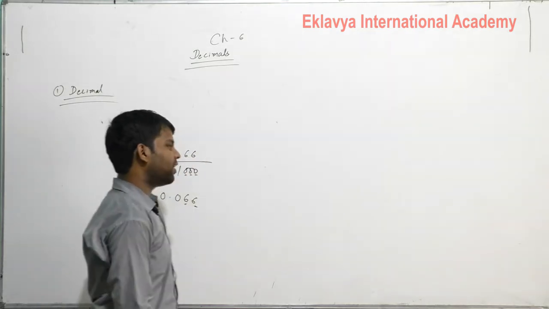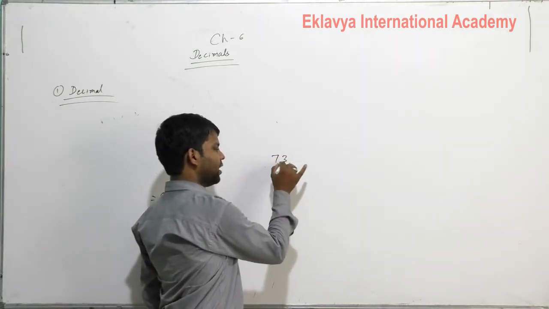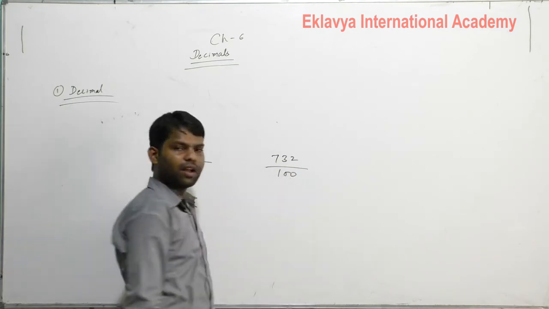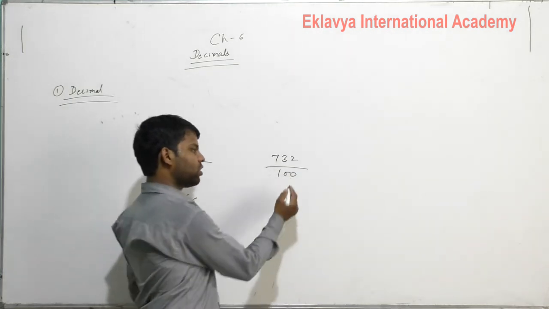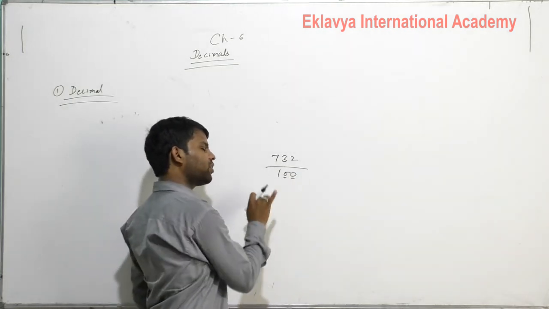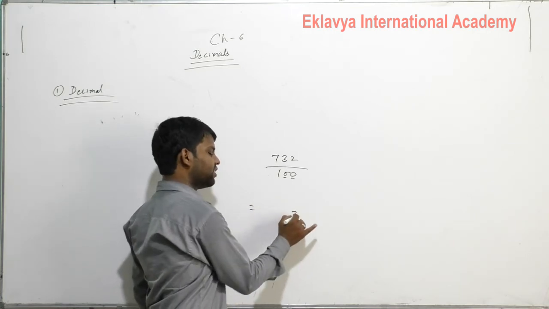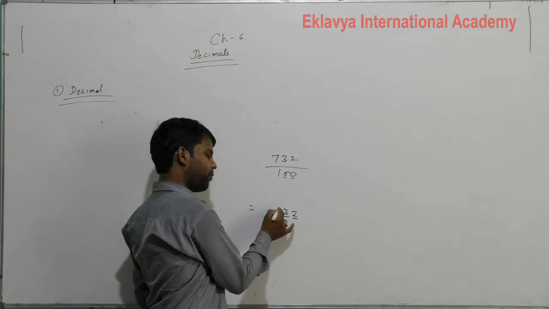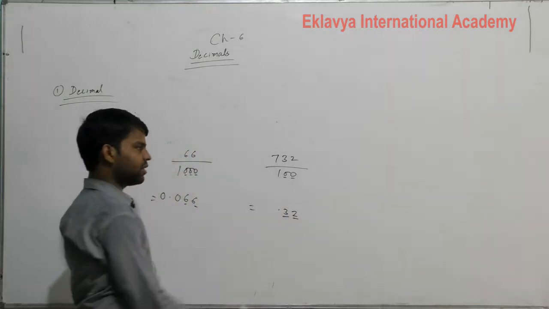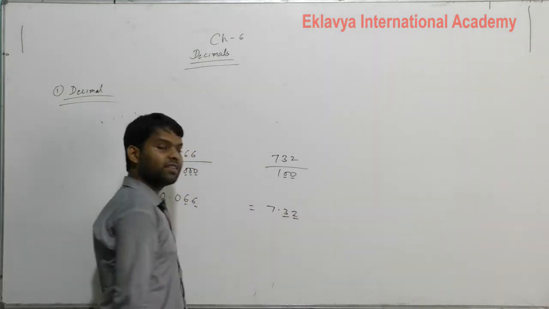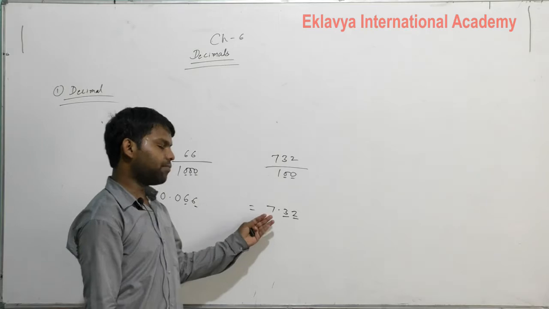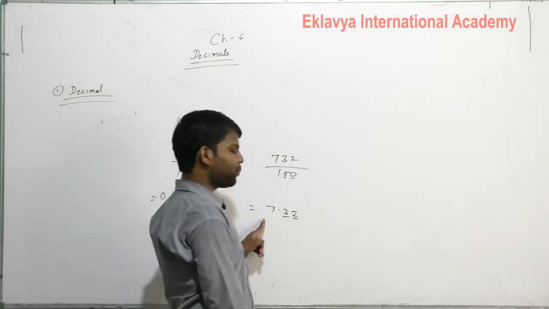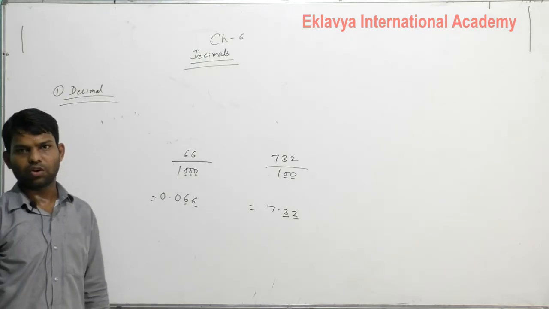Okay, if a number is like 732 and we want to divide by 100, here we have 2 zeros, so after 2 digits we put the decimal. First digit 2, second digit 3, after 2 digits we put a decimal, then the remaining number is 7. If no number is remaining, then we put 0 here. Okay students,